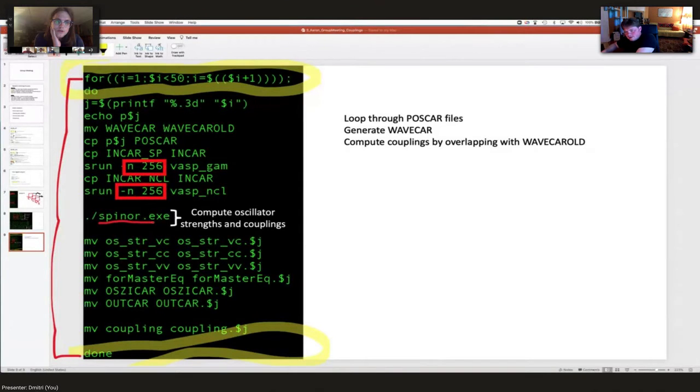Okay. And then depending on the system size, I set this loop for 1 to 50, but usually for the systems I look at, I might get 10 couplings done. So then you just have to be like,